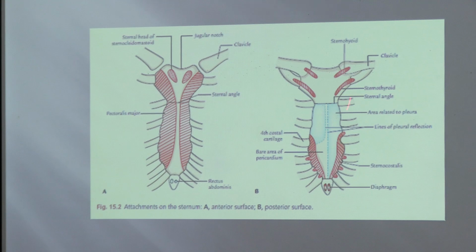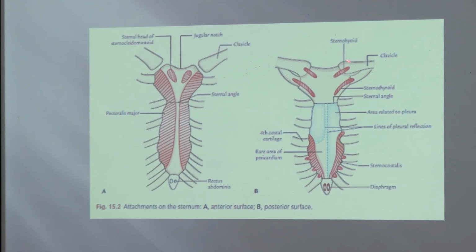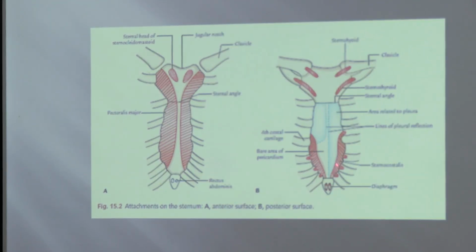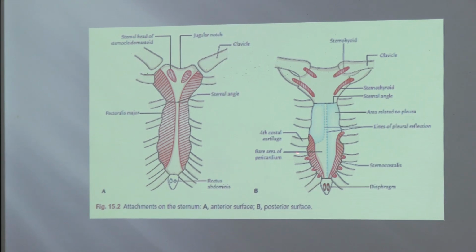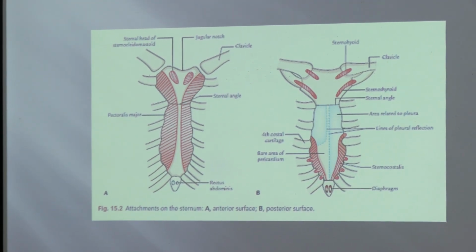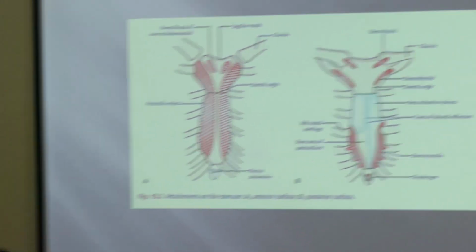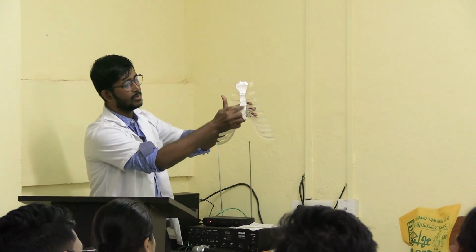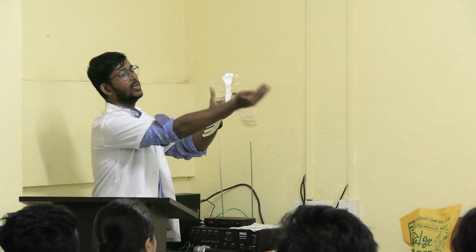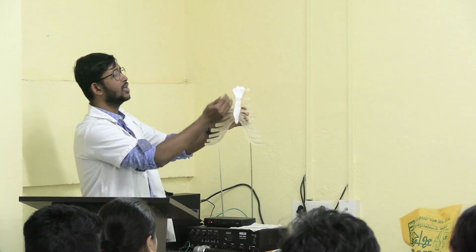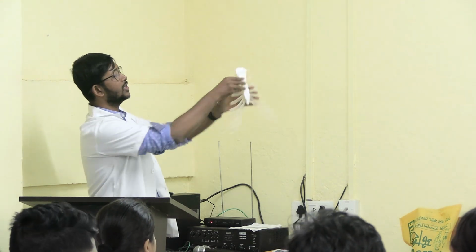And on the posterior surface, you will see muscles for sternohyoid, then sternothyroid, then there are certain sternocostalis muscles also present, and there is a bare area of the pericardium that is just behind the heart. Okay, you are seeing the posterior surface. If this is my anterior surface, just in front there will be superficial fascia, skin, that's all. Certain muscles like the pectoralis muscles will be like this. After flapping out the pectoralis major muscle, we will see the sternum as well as the manubrium sterni and the xiphoid process. So after removing this, on the posterior surface,